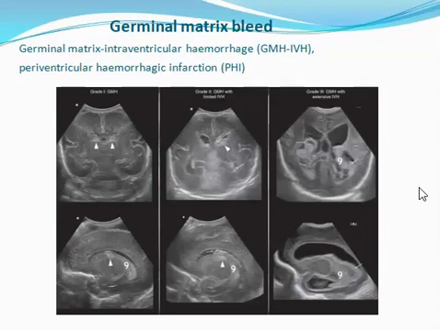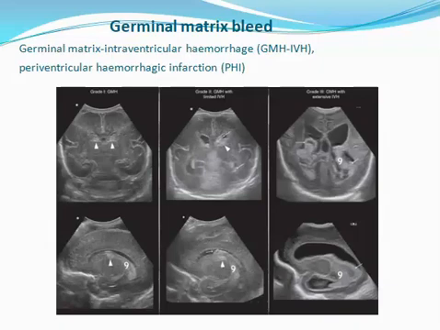This slide shows you the germinal matrix bleed. If you look over here, these small little arrowheads point to the echogenic areas, which are the bleeds, which are demonstrated both in the coronal and the sagittal views. So several clinical conditions are associated with the germinal matrix intraventricular hemorrhage, such as hypoxia, ischemia,